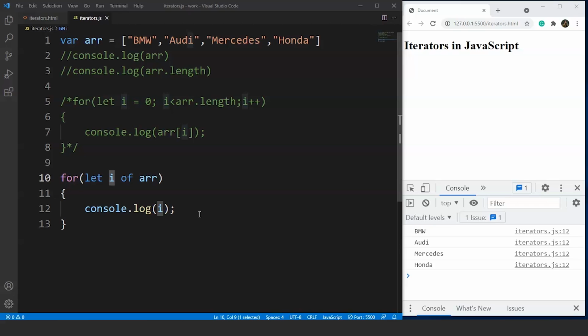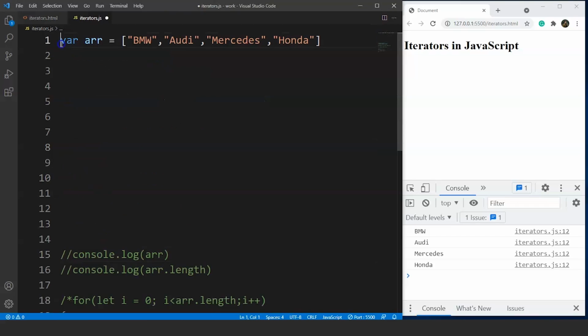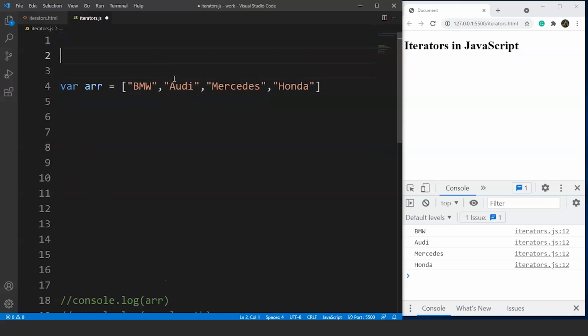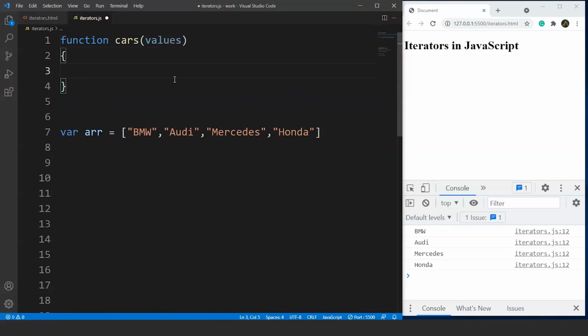What we have to do is create a function first. So let's create a function. We'll comment all this piece of code, and here is our array. We'll be working on this array only. Now let's create a function over here, let's say cars, and then we have the body of this function. This function cars will have arrays passed to it as parameters.